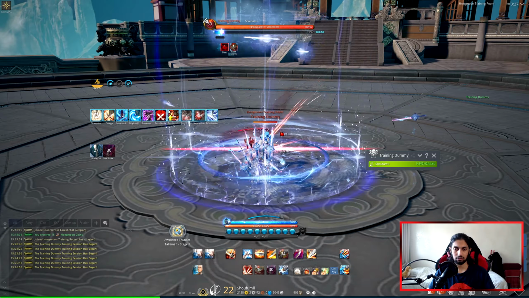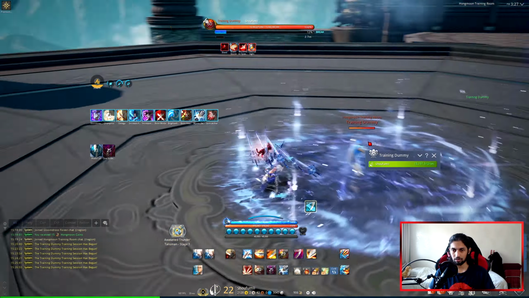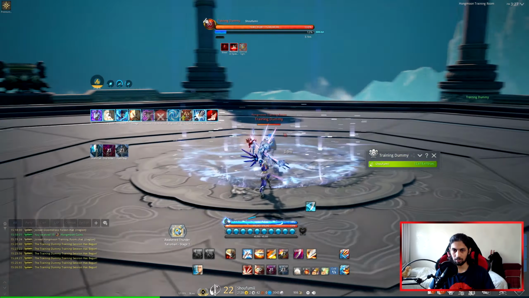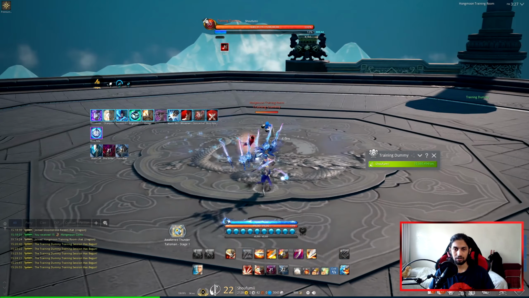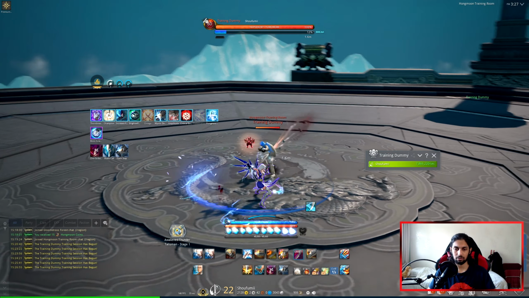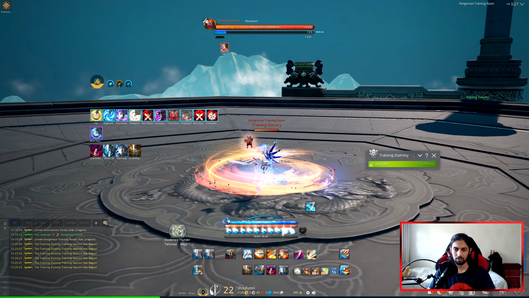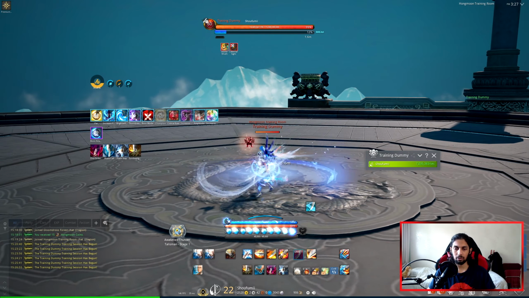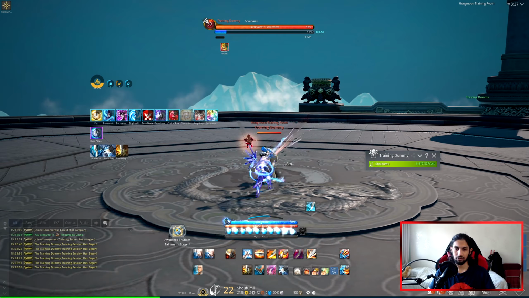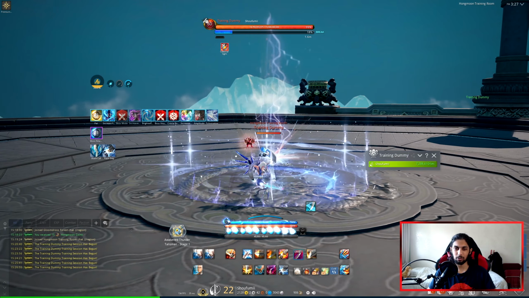And there you go. After this, I like to V, V, V, V. I missed. But you do that, and then you stop animation cancelling, and then you do the same thing. Now I'm waiting for cooldown, so let's just start again here. And I'm not even using my talisman right now. Usually at the very beginning I would use my talisman, and I messed up my rotation a little bit, but